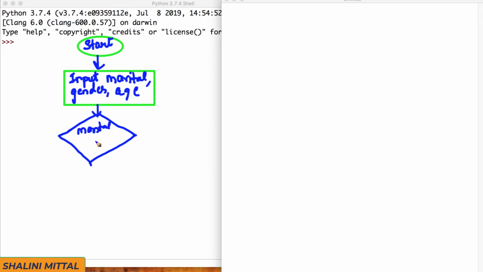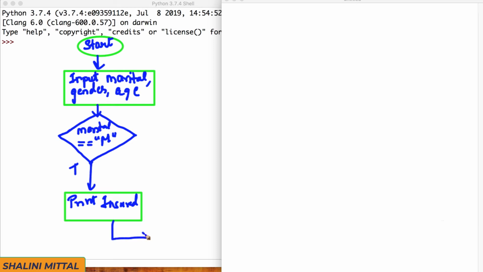the marital status. If the marital status, so remember the relational operators, I'll say if the person is married. If this is true, then we just have to print insured and our program will stop. But if the marital status is not married, means this condition is false, then what was the